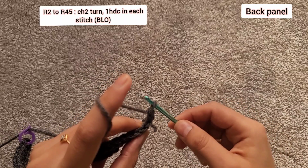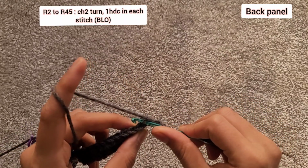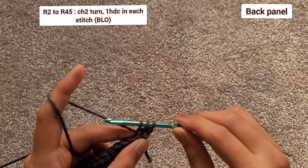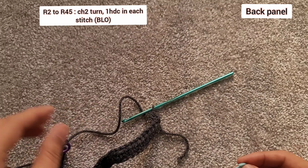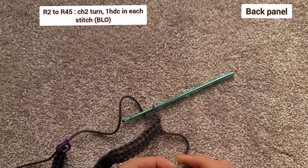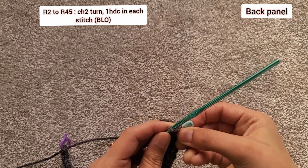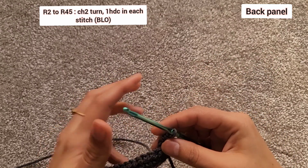So we'll go into the first stitch, yarn over, go into the first stitch, back loop only, yarn over, pull up a loop. You'll have 3 loops on your needle, yarn over, pull through all the 3, and then it's better to add the stitch marker so that we don't end up doing extra stitches. So this is the first stitch of this row and we are going to add a stitch marker to this, and then 1